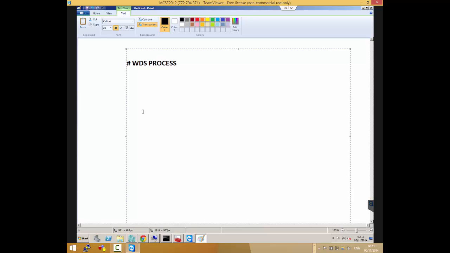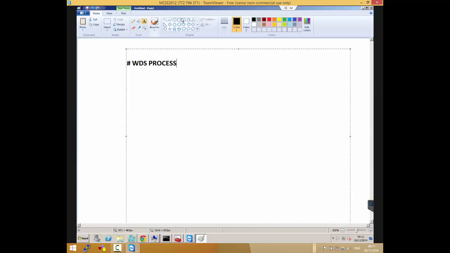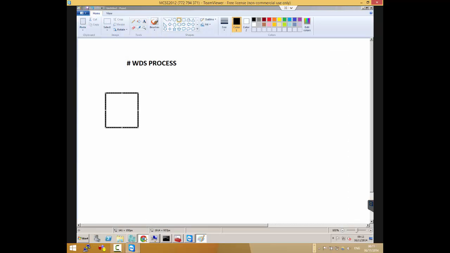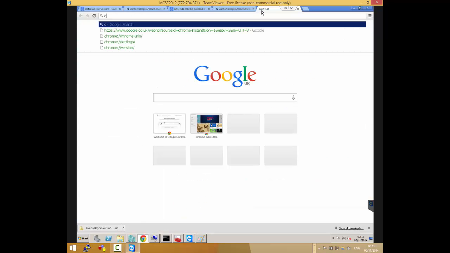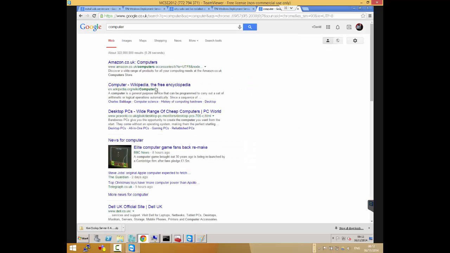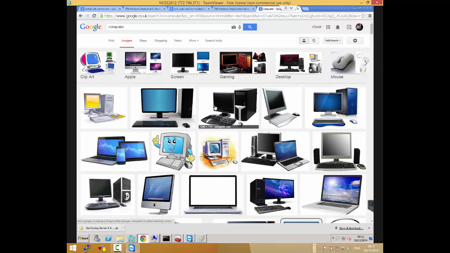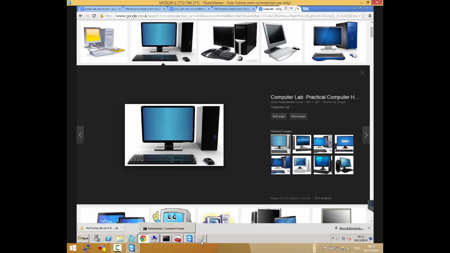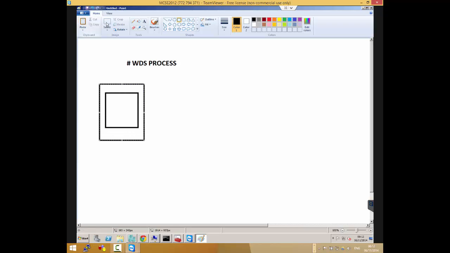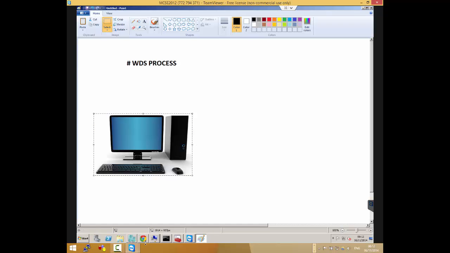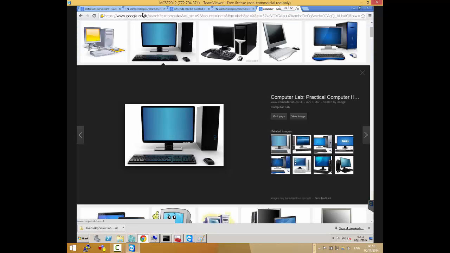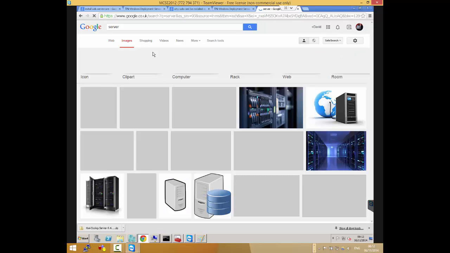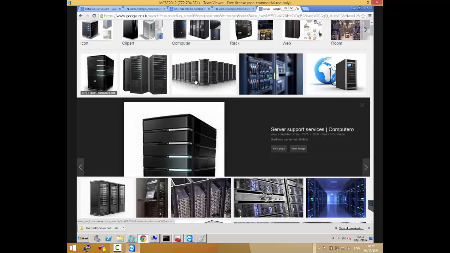So what's the whole process? So I have my computer. Let's bring up images, to make it easier for us as humans when we see pictures.